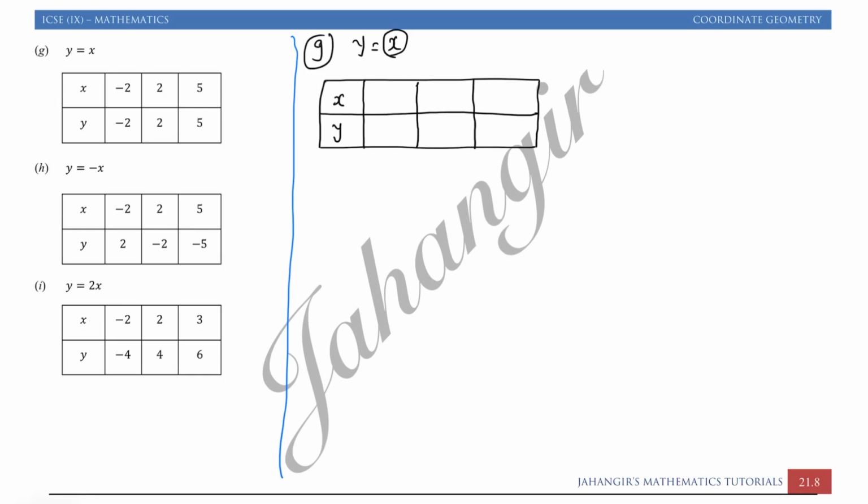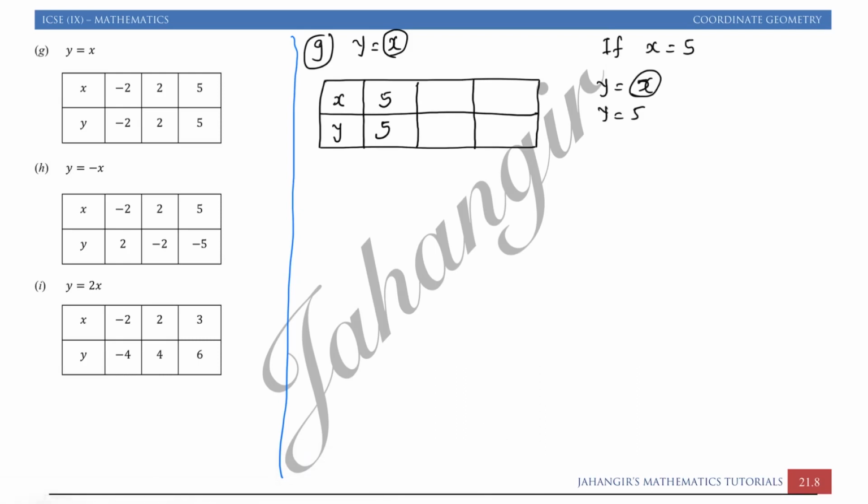You can take any value of x. Like if I am taking x equal to 5, you have to take a value which fits in the graph. Don't take 15 or 20, that type of value. It won't fit in your graph paper. So if x equal to 5, our equation is y equal to x. I am putting x as 5, so we will get y is equal to 5. So my first value is 5, 5.